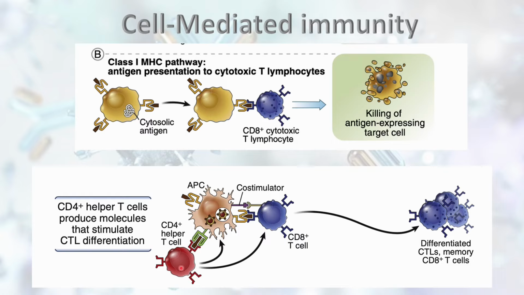Without the CD4 T cell, the CD8 will not be able to differentiate and kill the infected cell. So without T cell help, CD8 can do nothing. Without T cell help, the CD8 cannot become memory